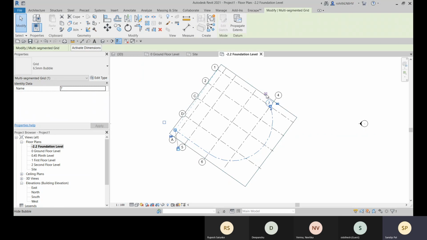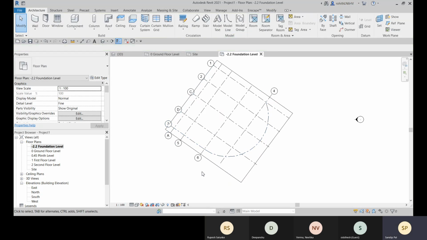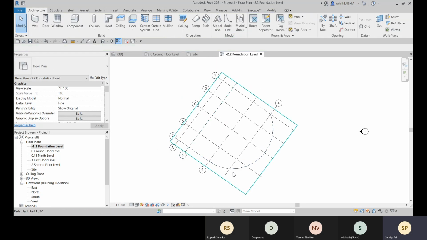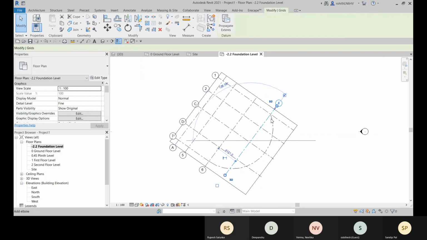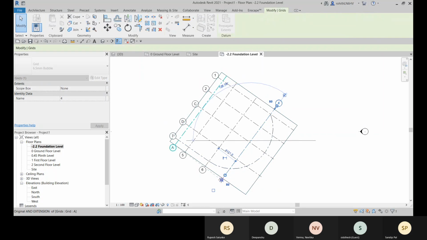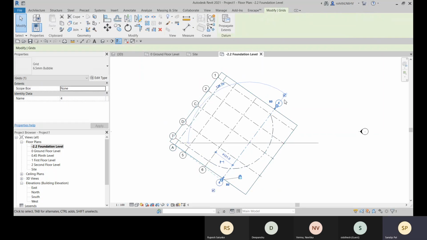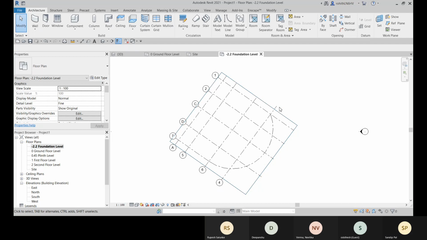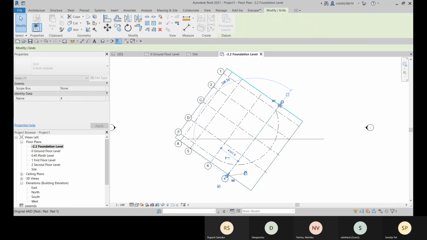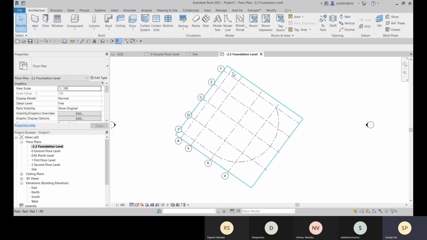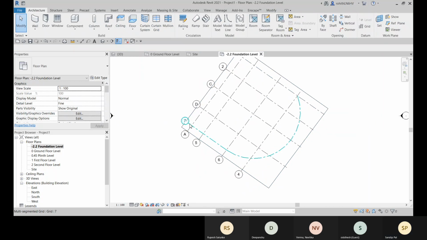Let me uncheck this. Here the grid head will not be visible; here it will be visible. For this also, check and uncheck here. You can align all these points.